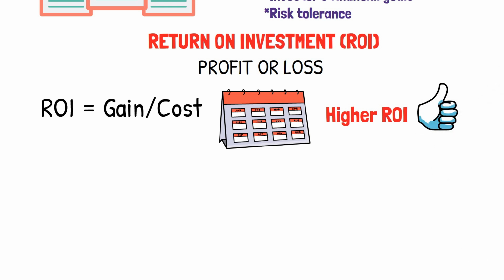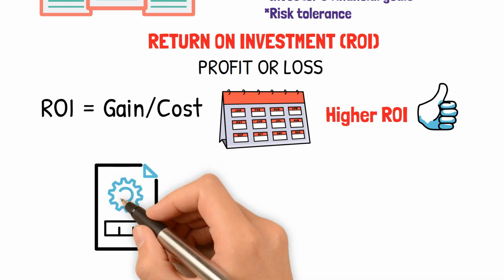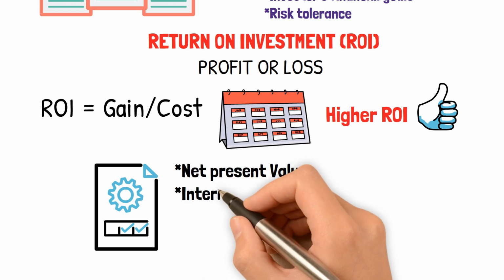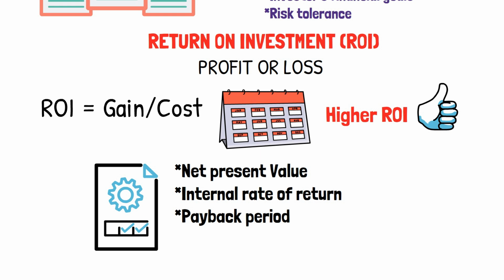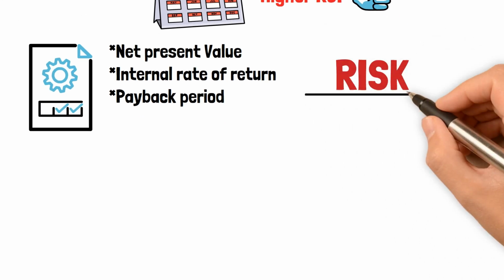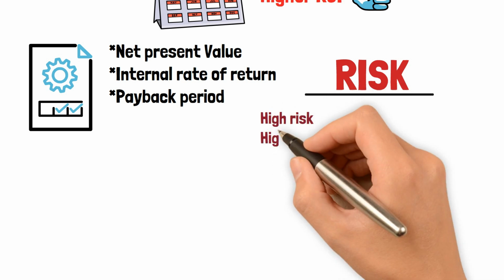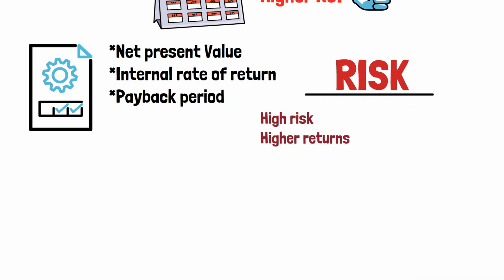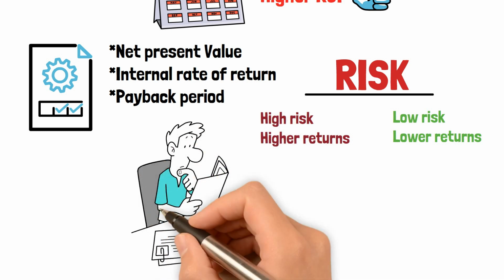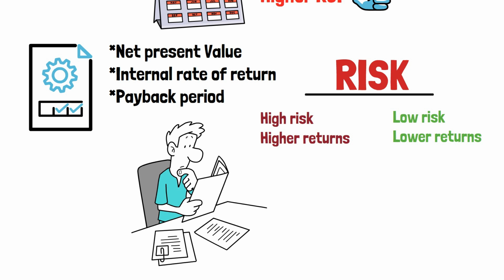However, ROI alone is not enough to provide a complete picture of the investment's potential profitability or risks. Other metrics such as net present value, internal rate of return, and payback period may also be used to evaluate investments. Investors should also consider the level of risk associated with each investment. Investments with higher returns often carry higher levels of risk, while investments with lower returns may offer more stability and less risk. Ultimately, choosing the better investment requires careful consideration of all available options, such as potential return, risk, duration,